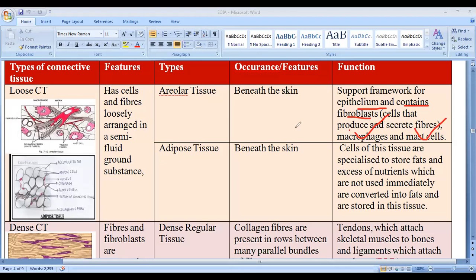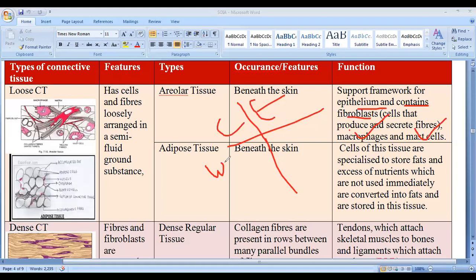Fibroblasts secrete fibers, and they secrete two different types of fiber. One is collagen and another is elastin fiber. If we check the difference between collagen fiber as well as elastin fiber, collagen fiber is also known as